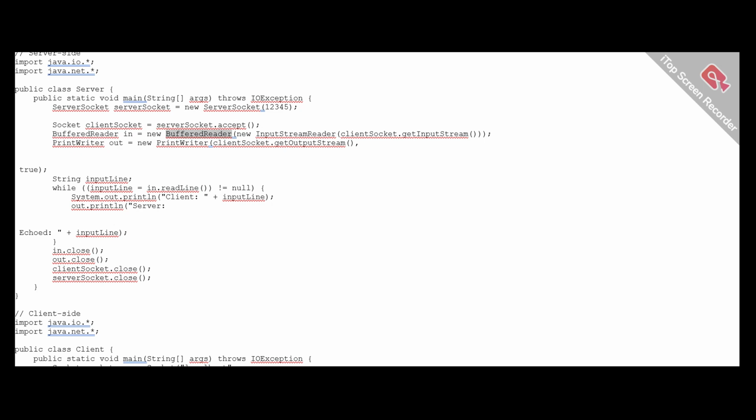BufferedReader in = new BufferedReader(new InputStreamReader(clientSocket.getInputStream())); PrintWriter out = new PrintWriter(clientSocket.getOutputStream(), true); String inputLine; while ((inputLine = in.readLine()) != null) { System.out.println("Client: " + inputLine); out.println("Server: Echoed " + inputLine); } in.close(); out.close(); clientSocket.close(); serverSocket.close();